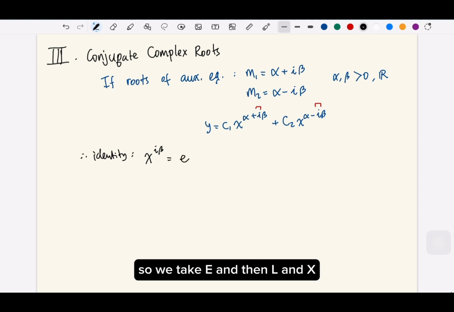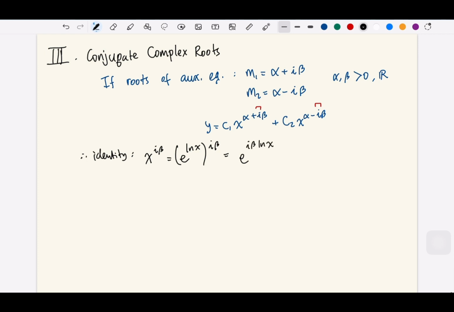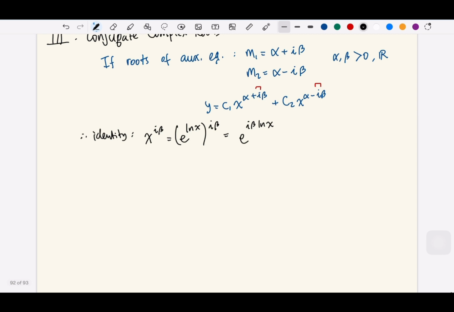So we take e to the ln x times i beta, so we can write e to the i beta ln x. By doing that, we get x to the i beta is equal to cosine beta ln x